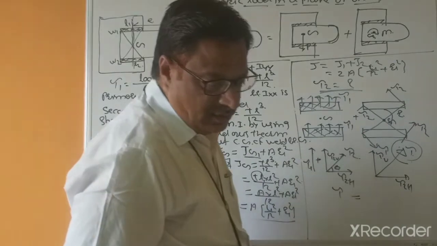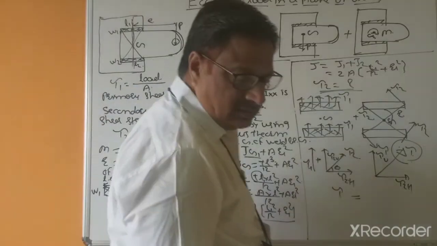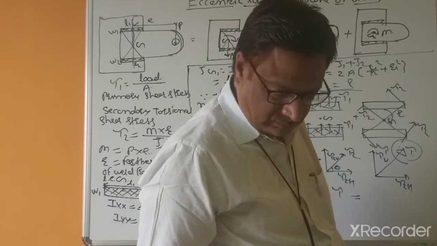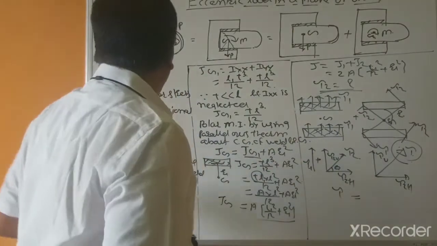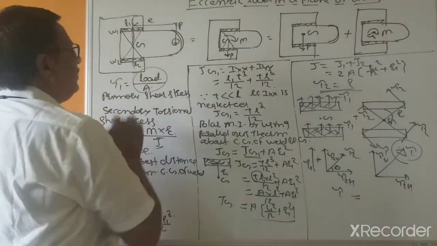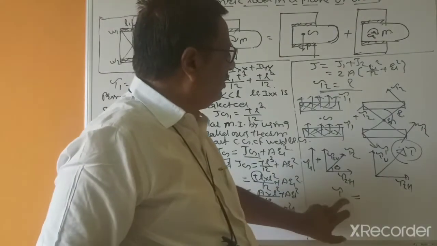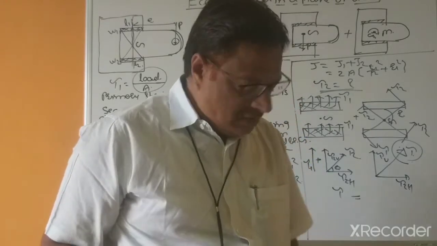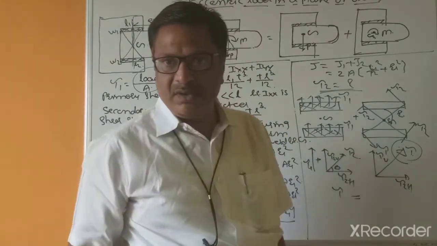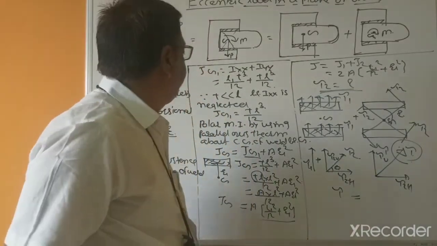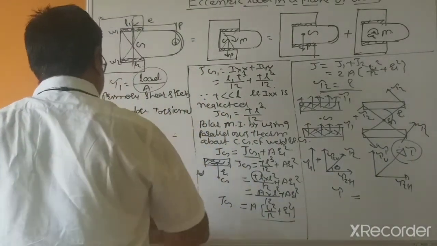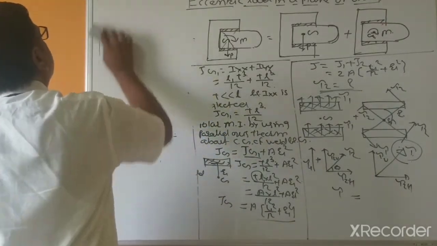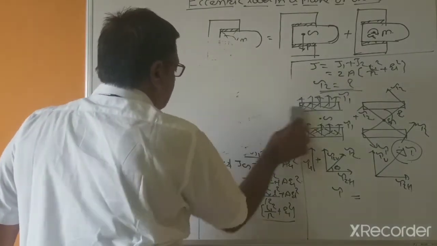So actually this is divided by... so it may be tau 1 equal to, this is in terms of this value that is to be put, and by using this vector addition method you can calculate the shear stress, or design the thickness of the weld, that is the throat.